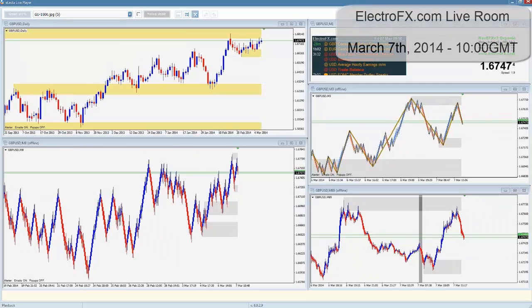On the pound, this was our lovely EOVM trade, exactly as anticipated. It all started yesterday where we first had this strength continuation trade, and that was a lovely trade. No one can know how far it's going to go, so just targeting in here was perfectly fine. It was above a 1-to-1 risk reward and a nice safe little trade